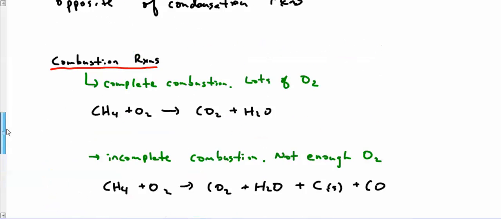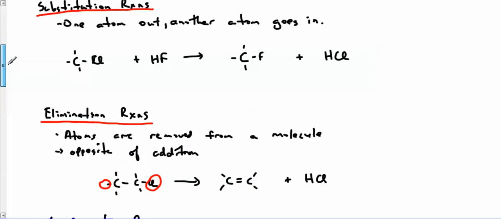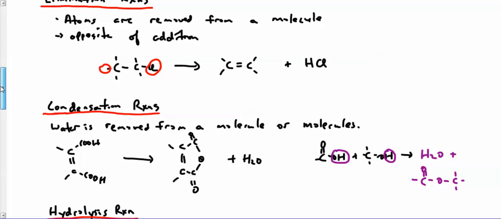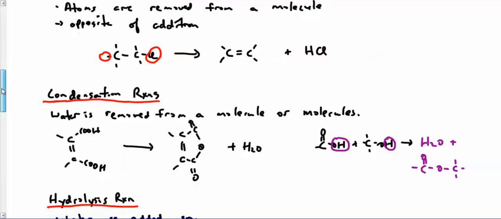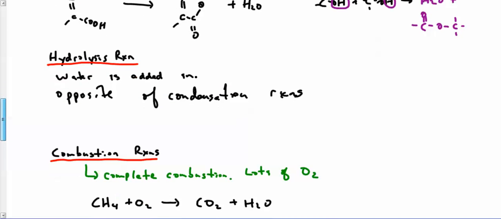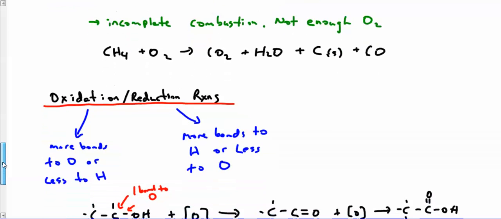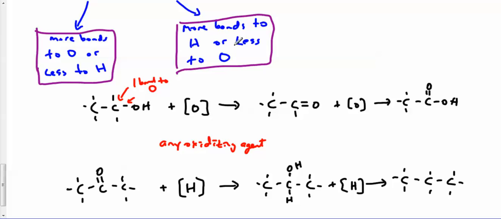So these are the different classes of organic molecules. We can add things in, we can substitute, we can get rid of things. Water's a big thing because a bunch of organic functional groups have OH groups, and so they like to undergo condensation reactions. I can add water in, I can burn stuff, or I can oxidize and reduce. And for those of you who know, these are really simple definitions of an oxidation or reduction reaction. There is a much better definition of an oxidation and reduction reaction that we will learn in the last